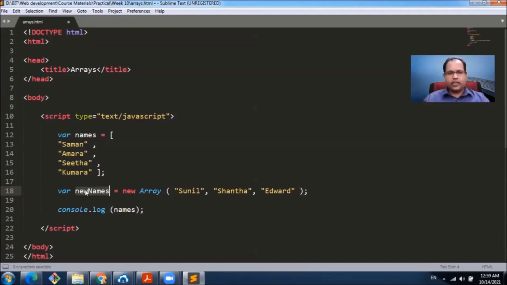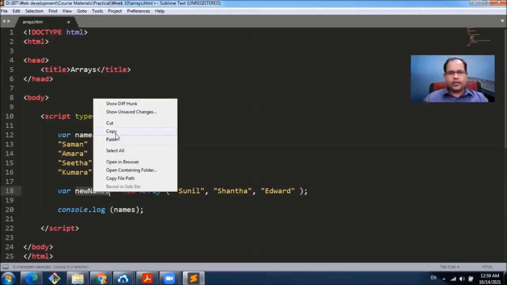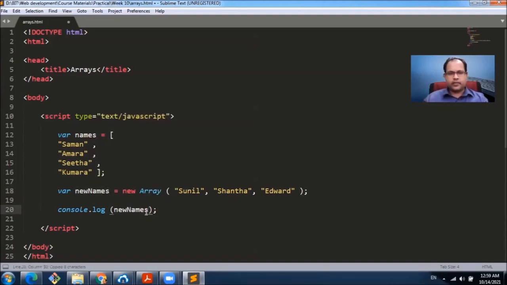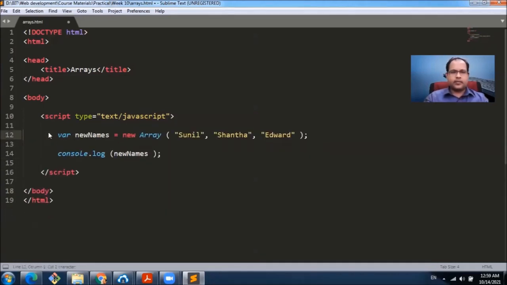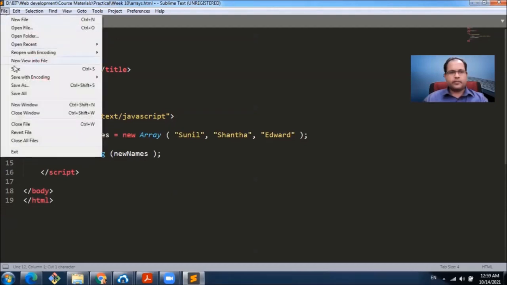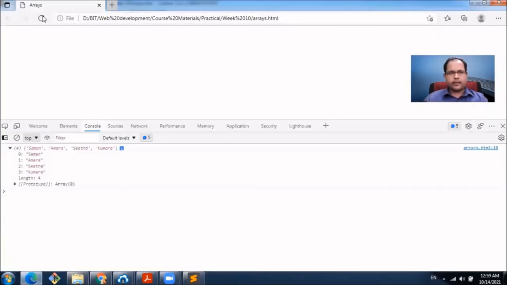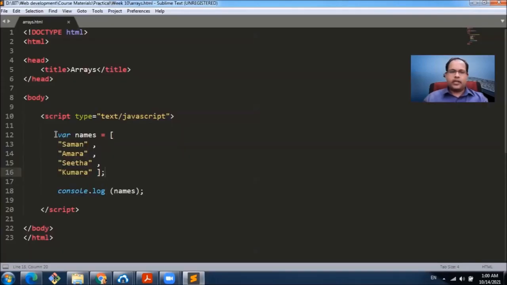Now we have this new names array. Let's copy it and console it out. Let's put it in the console log. Let's delete this previous variable. Right. Again, it has created an array with 3 names, Sunil, Shant, and Edward. Okay, now we have this previous array that we had, Saman, Amar, Sita, and Kumara. All are there in this array.